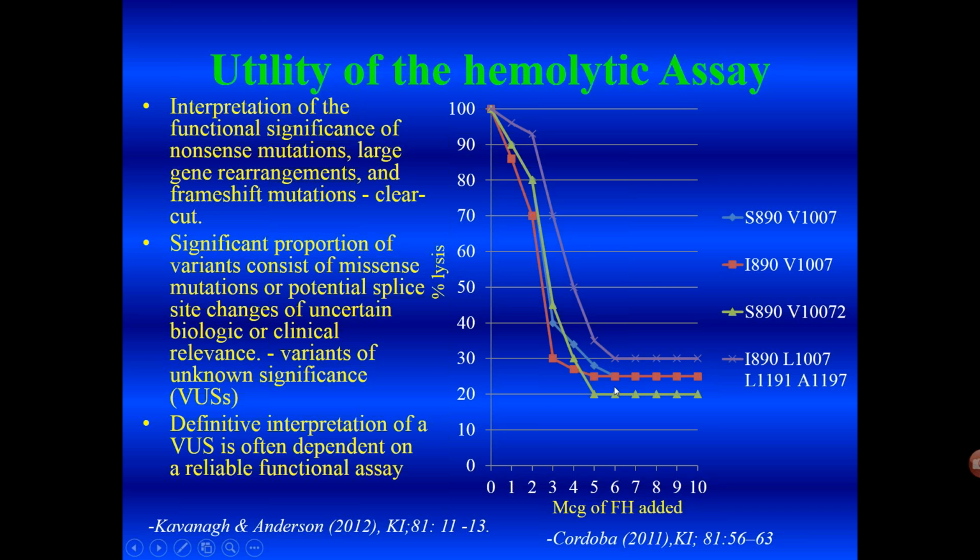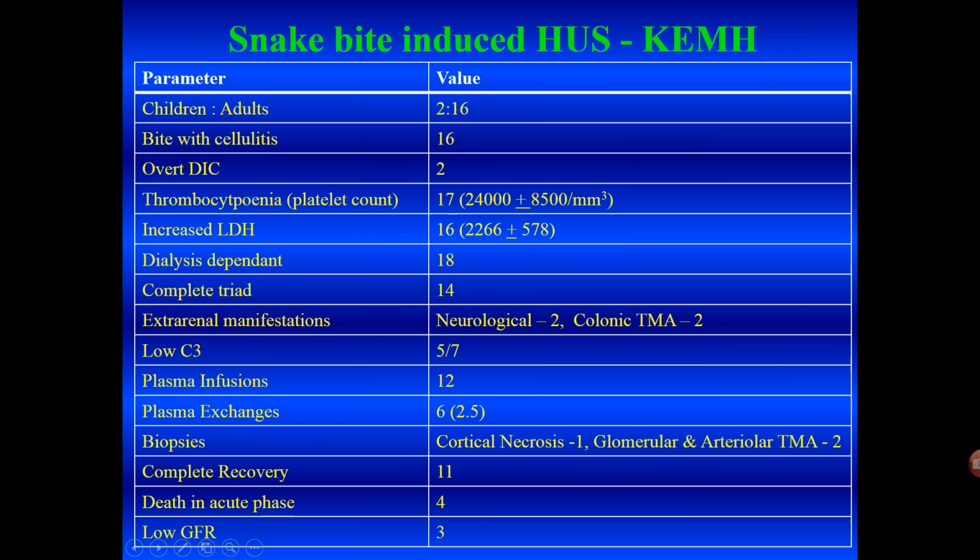all the test serums, those of the wild type and those of the variants, inhibited the lytic activity of the control equally rapidly with just about 2 to 3 micrograms of the defective mutant factor H as well as the wild type factor H. This meant that although a single nucleotide polymorphism had been uncovered, it was not pathogenic, but what was called a variant of unknown significance, and therefore what we have is a reliable functional assay to tell us the possible pathogenetic significance of a mutation which has been discovered.